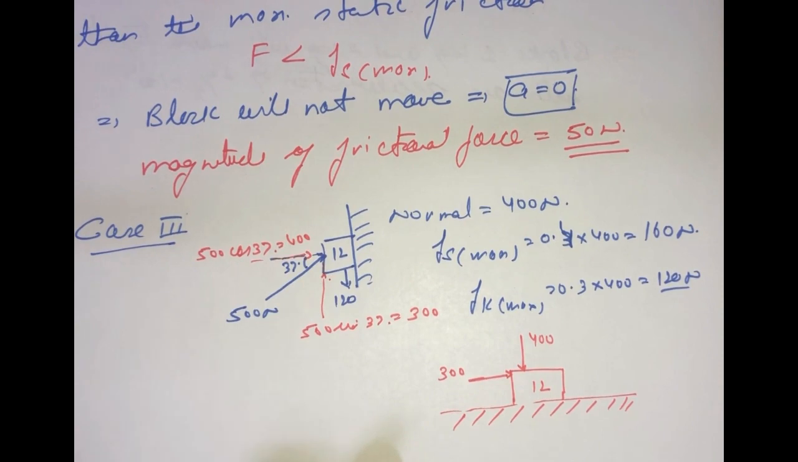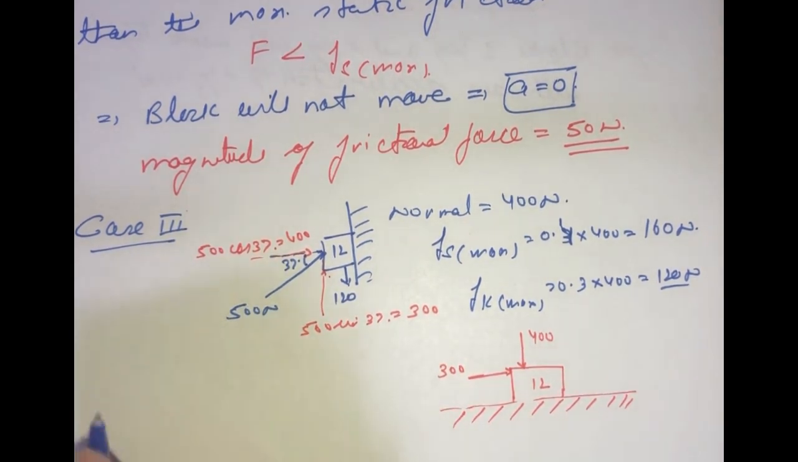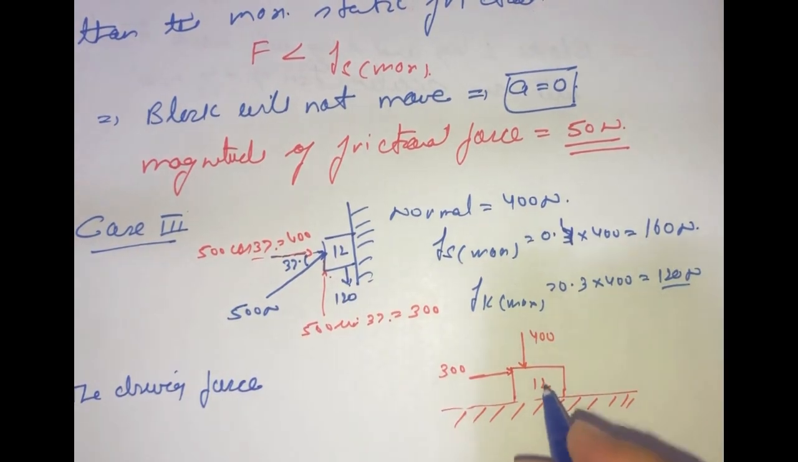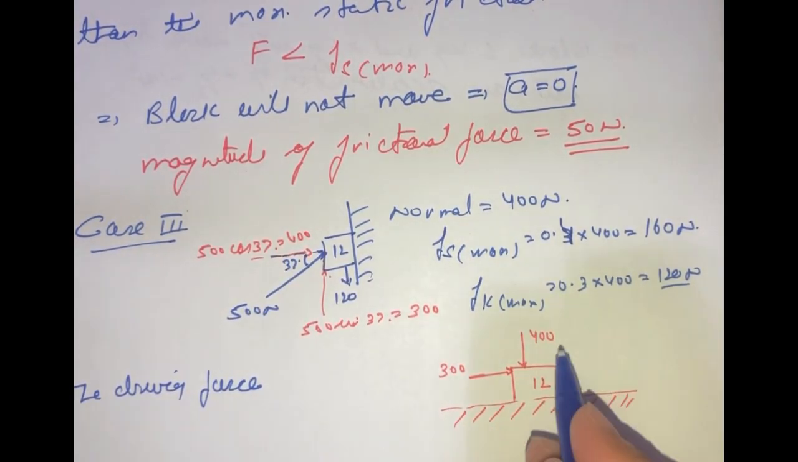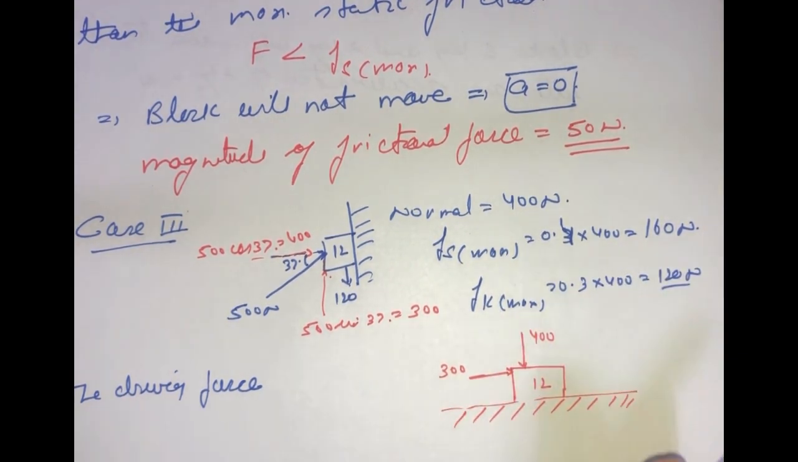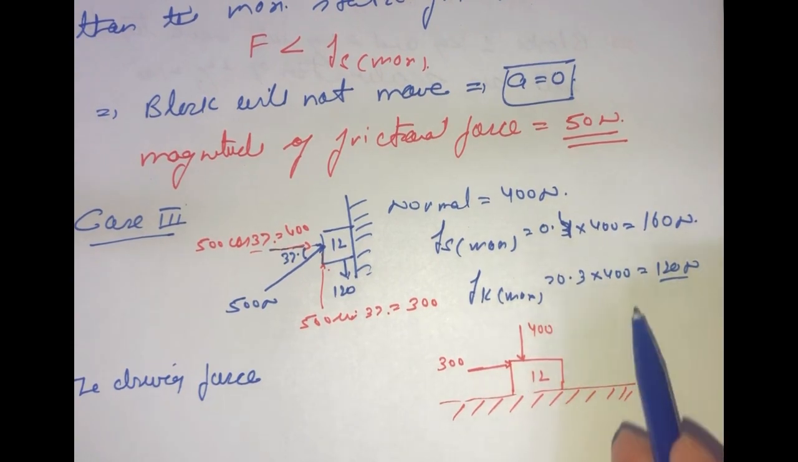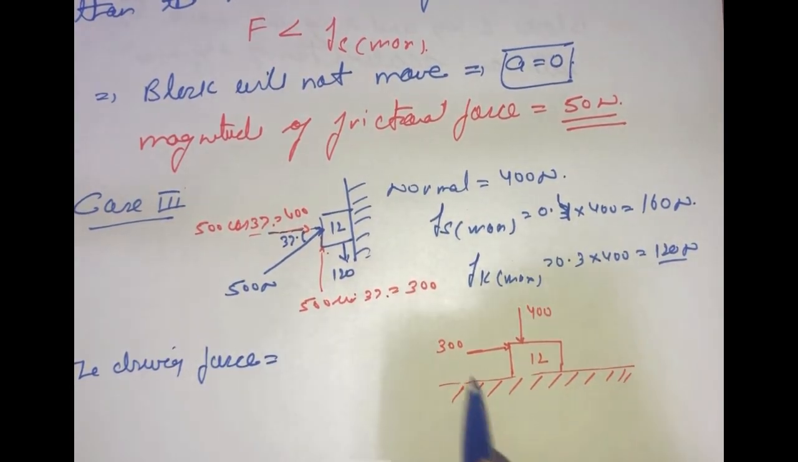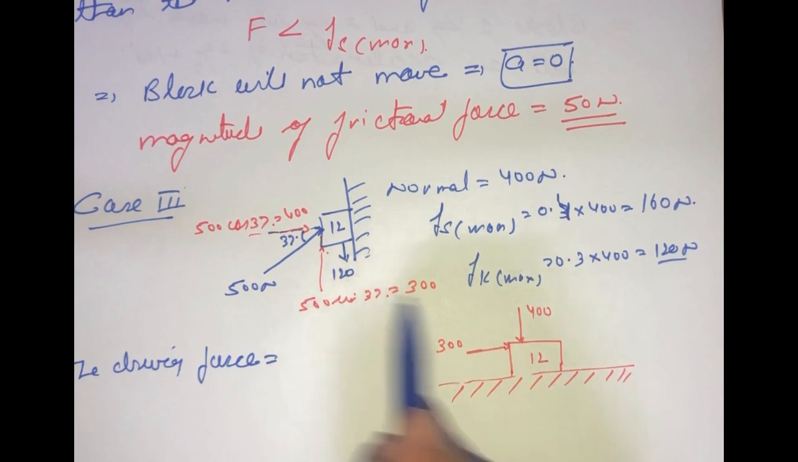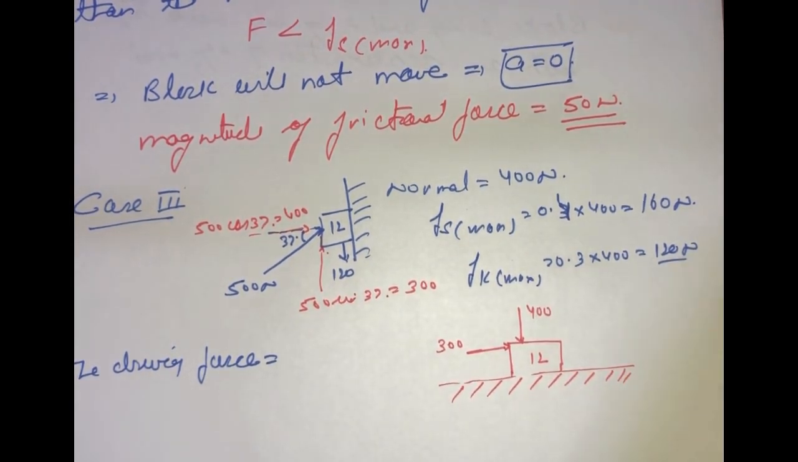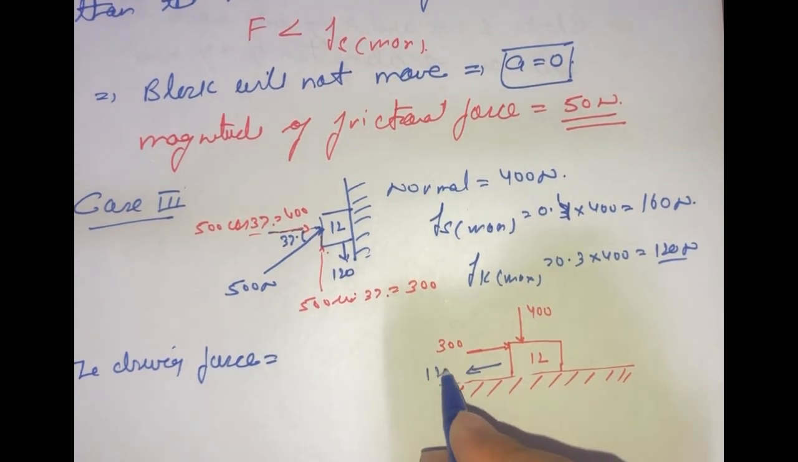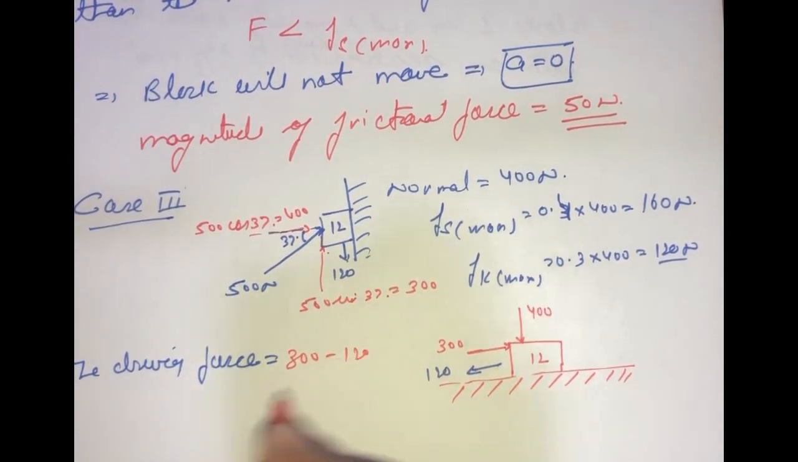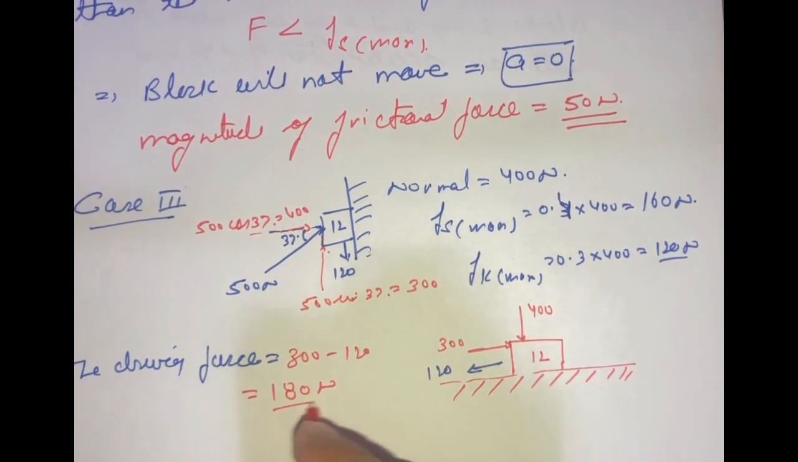So now we can say that the driving force, because there will be a force of friction also, which is given as 160, 120, yeah, okay, 120 and 160, let me check, yeah, 120 and 160. So we have a driving force that will be equal to 300 minus 120. So we have driving force of 300 minus 120, this will be equal to 180 Newton, okay,